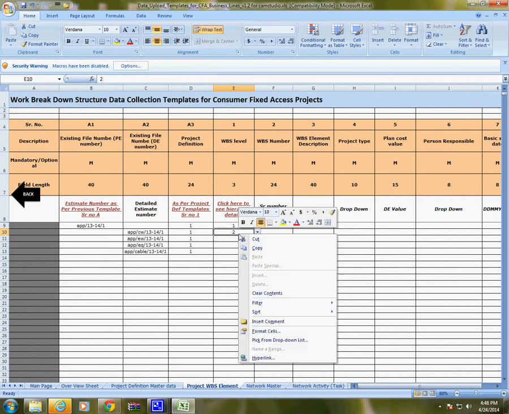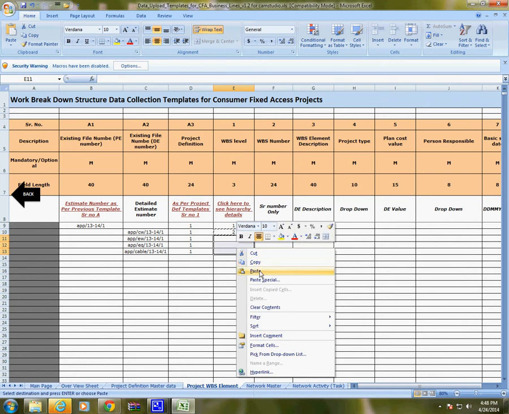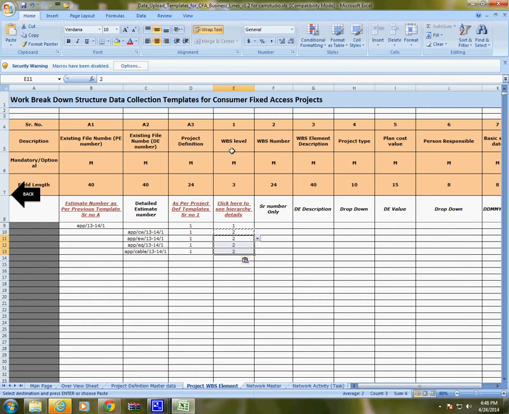That means all the subsequent entries will be level 2. Level 1 is the project top level WBS. For each project there will be one level 1 WBS, and there can be n number of level 2 WBS.